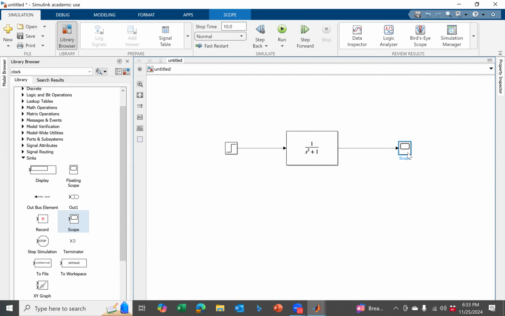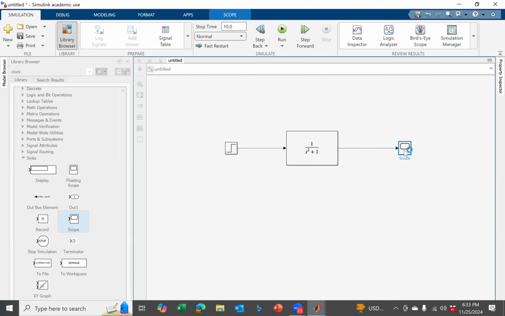Now understand the goal. The goal here is, if I supply a unit input, I should get a unit output. Do you agree with me? That's my goal. If that goal is not met, which means I don't have a good control. So I'm going to run this. And now you notice